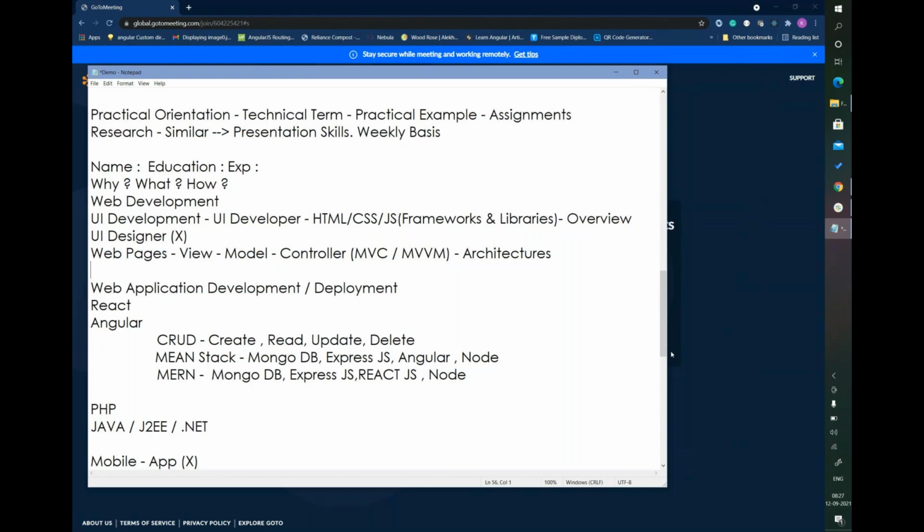I completed BTech in 2019 in the mechanical branch. Okay. I'm already learning HTML, CSS, JavaScript. I'm interested in Angular, so I joined. Okay. Thank you, Subbu. Tota Sudhir.